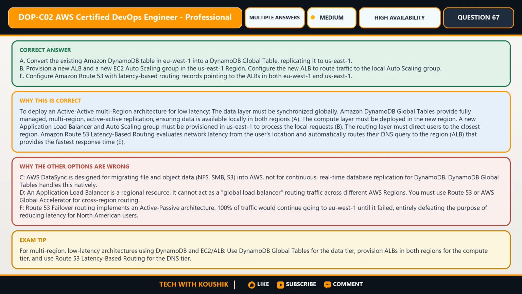D. An application load balancer is a regional resource. It cannot act as a global load balancer, routing traffic across different AWS regions. You must use Route 53 or AWS Global Accelerator for cross-region routing. F. Route 53 failover routing implements an active-passive architecture. 100% of traffic would continue going to EU West 1 until it failed, entirely defeating the purpose of reducing latency